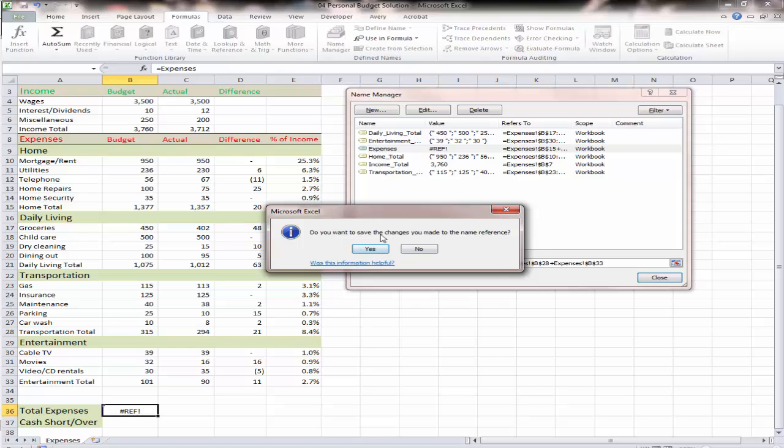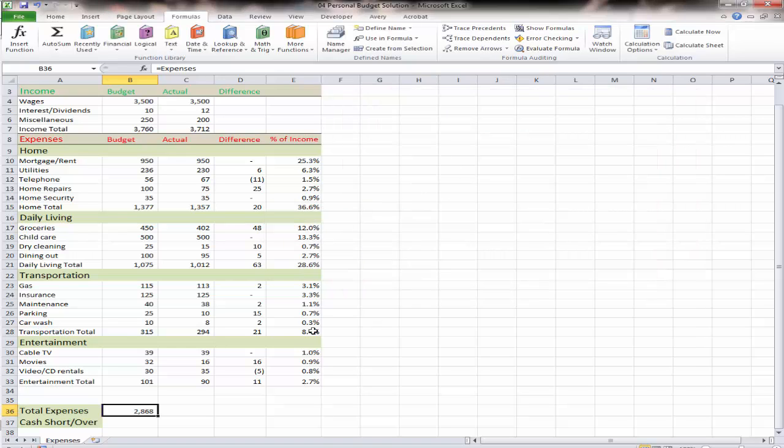And it asks us if we want to save the changes that we made. We'll say yes. And by simply referencing the expenses named range, it's adding up those values for us without even using the sum command, because we have more than one cell in there. If we wanted to do something other than add them up, we'd have to use a function, which we'll learn about next week. The final step is to save the workbook in our Lesson 4 folder as Personal Budget Solution,